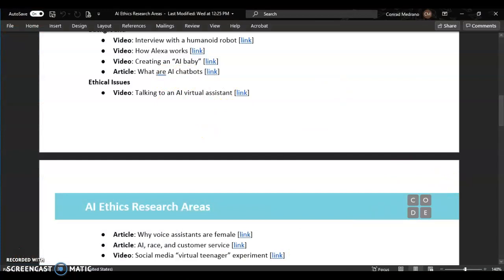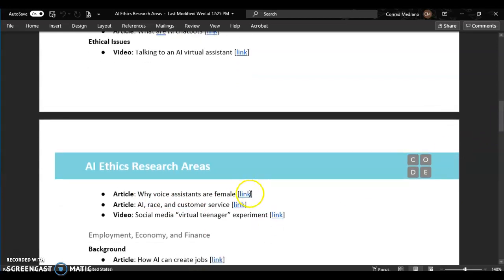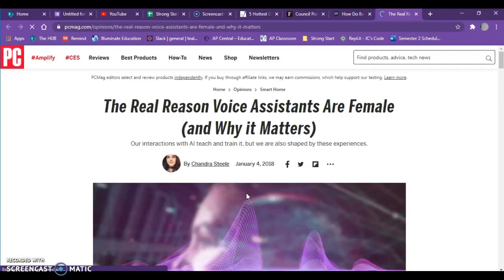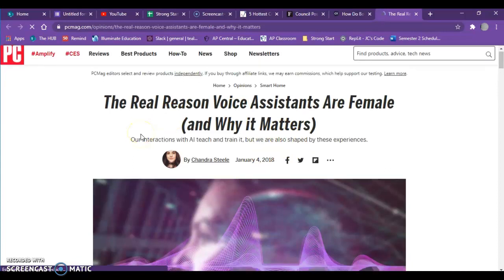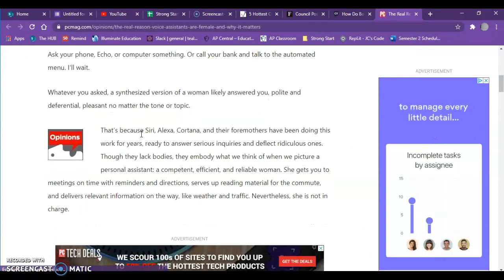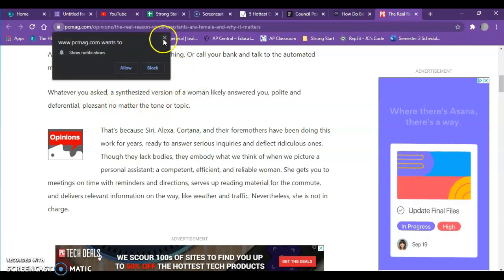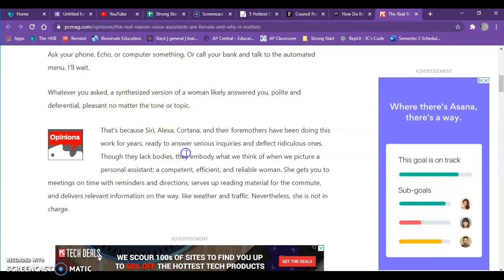But now it says ethical issues. Ooh, AI, race, and customer service. Why voice assistants are female? I'm gonna open that one real quick, and then I'll wrap this up. Hello, my fingers are fat. Okay, so, boom. So it says, okay, cool. Whatever you ask, a synthesized version of a woman likely answered you polite and deferential, pleasant, no matter the tone